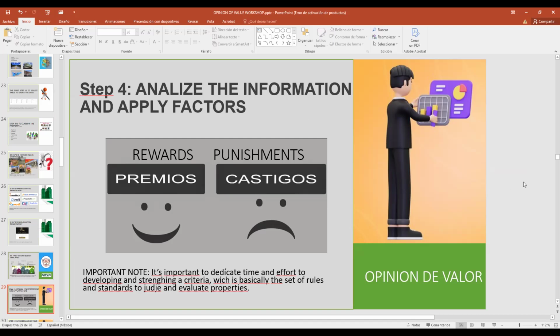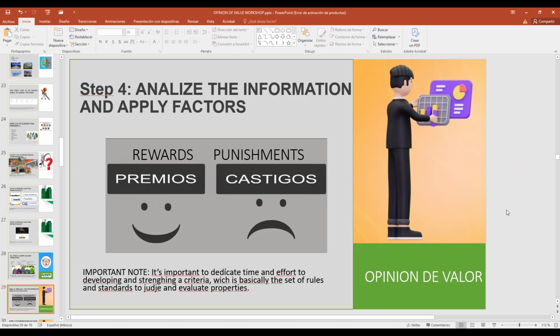And how are we going to work with the information? We're going to apply factors. We're going to name them rewards and punishments. That's how we are going to come to an opinion of value, a good opinion of value.